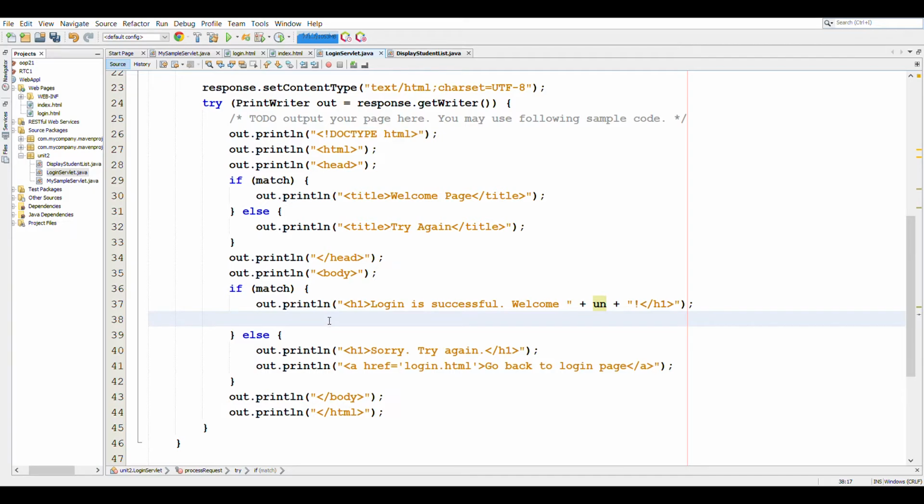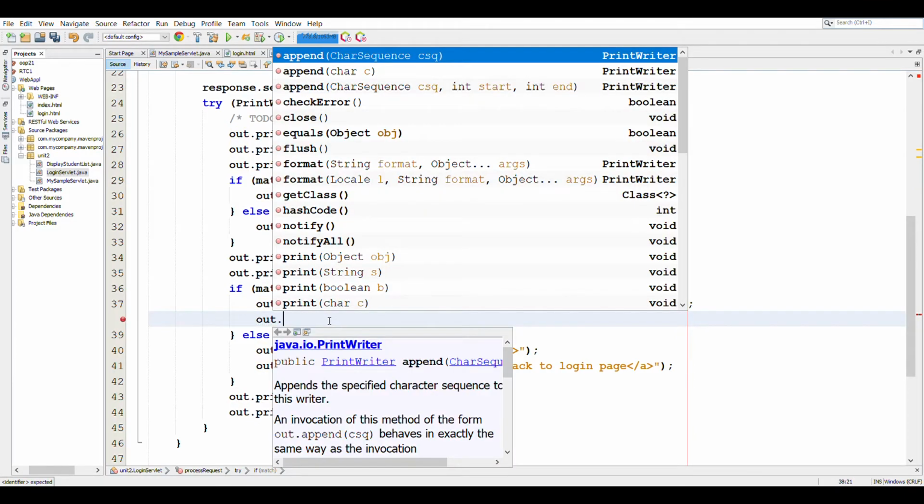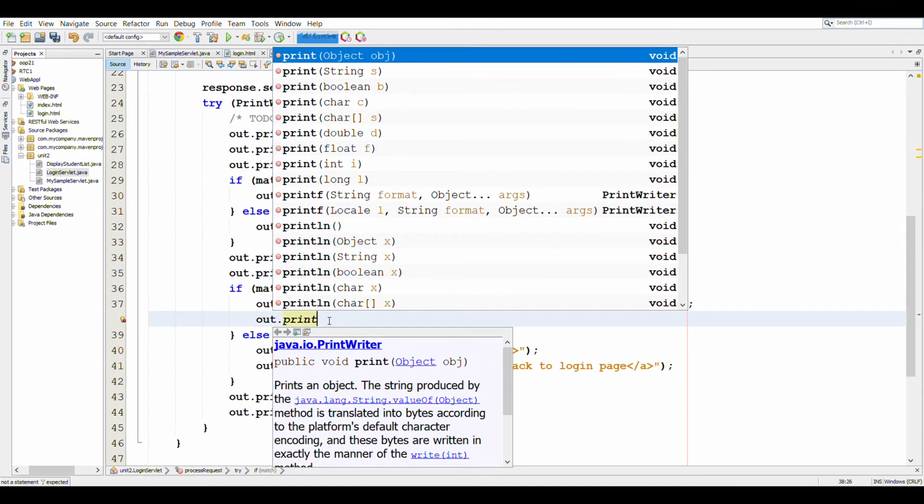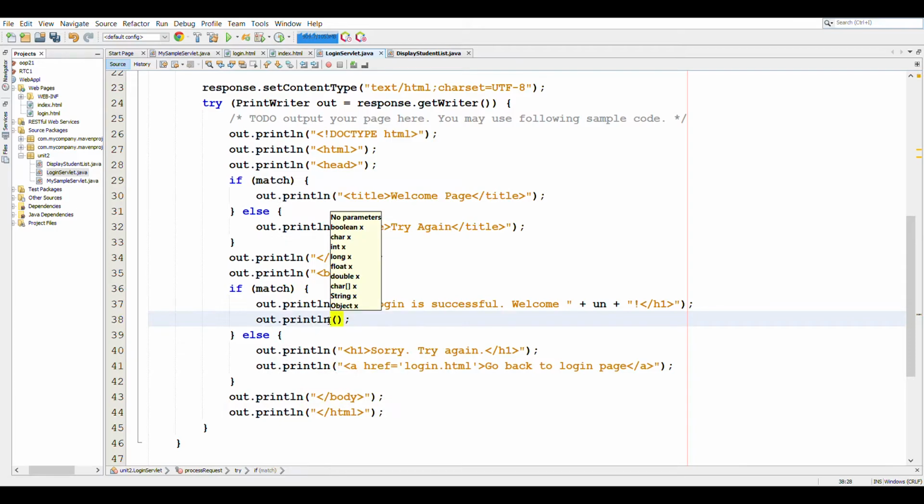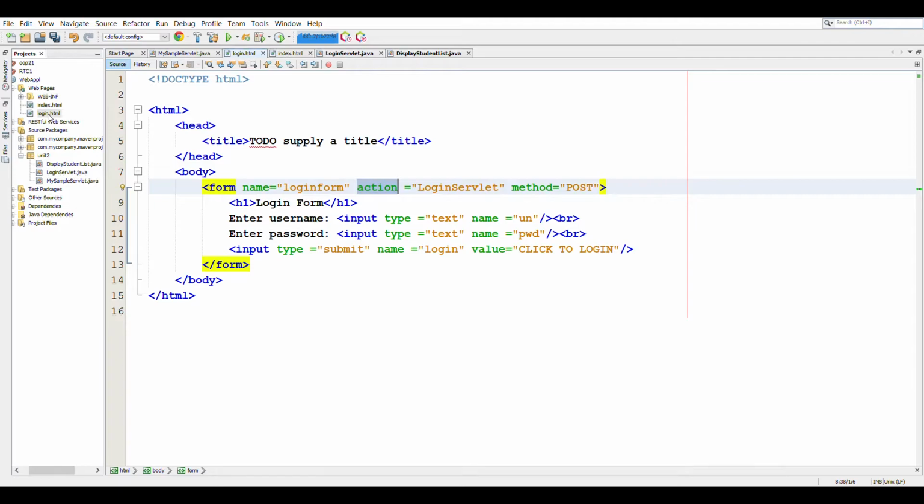To use the form tag we will have to write it in our response, so we will use the println method. Inside this we will be writing our form. To write the form we will just copy the code from login.html.